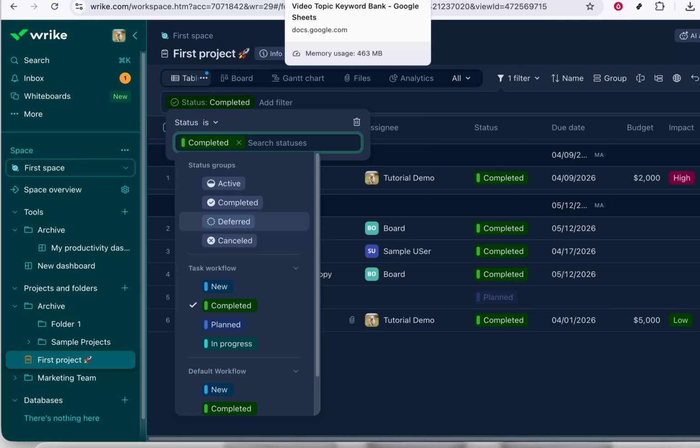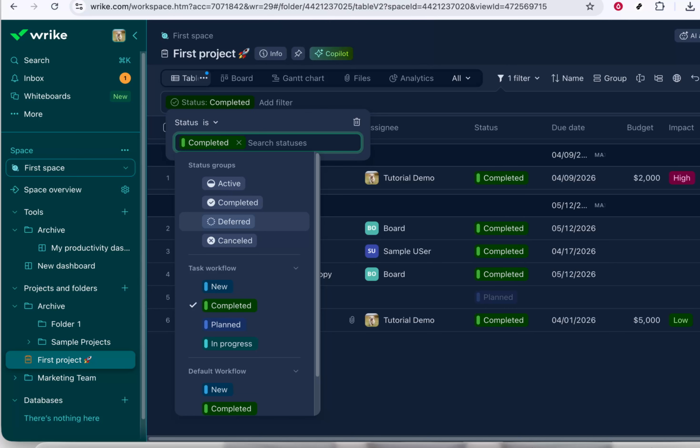If you need to adjust your view later, just click on filter again, return to the status section, and add or remove statuses as needed. You can repeat this process anytime to keep your workspace focused and easy